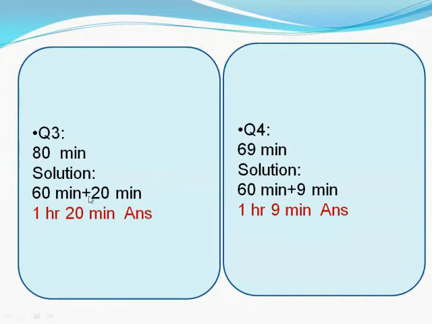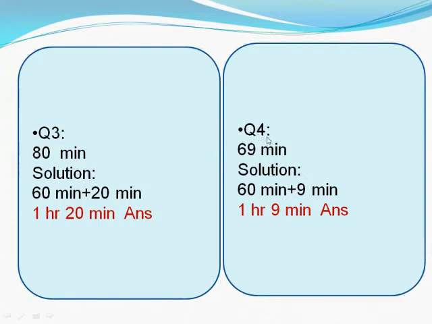Why are we choosing 60 minutes here? Because 1 hour has 60 minutes, we convert these minutes into the hour, and the 20 minutes stay the same. It means 80 minutes is equal to 1 hour and 20 minutes. The question asks us to convert 80 minutes into hours and minutes, so we convert 60 minutes equal to 1 hour, and 20 minutes.